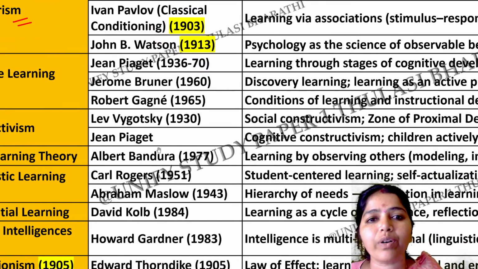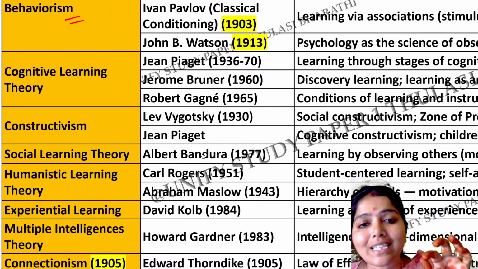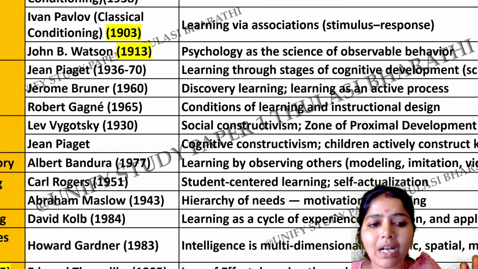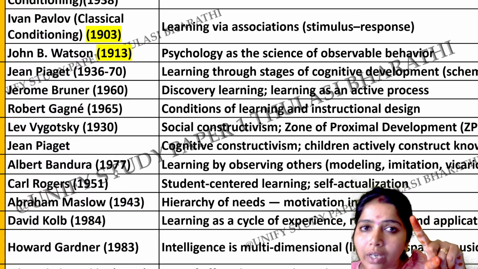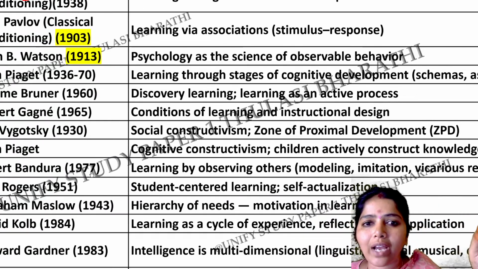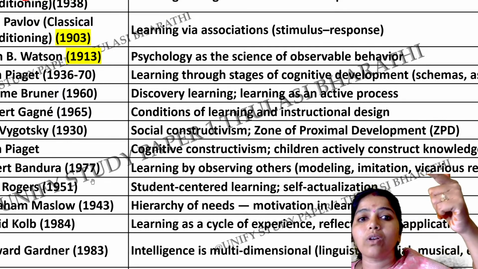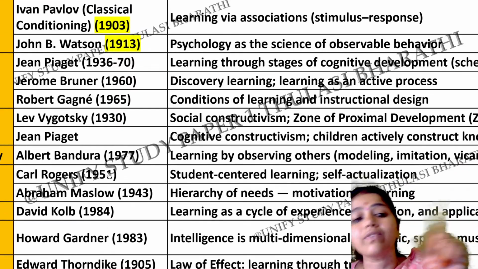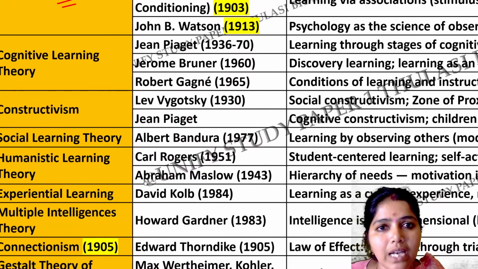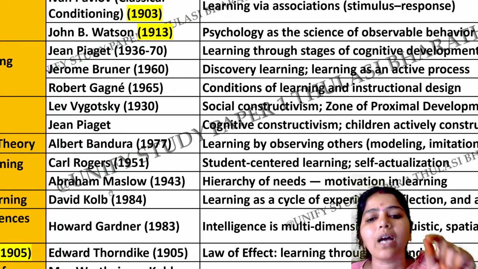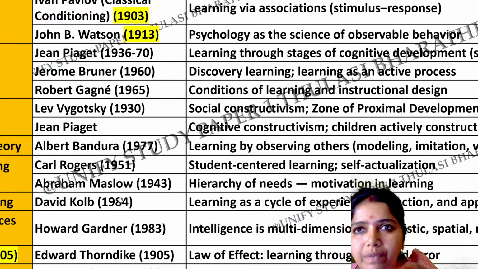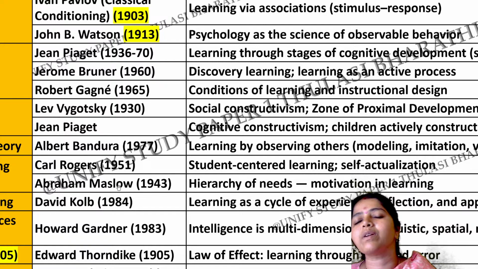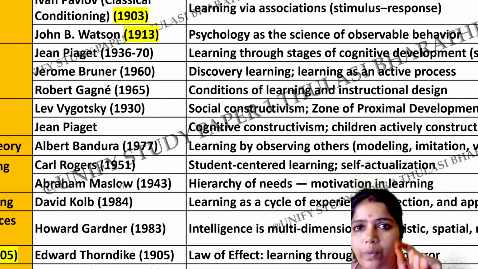And then, very important, Lev Vygotsky's theory on constructivism. He worked on the zone of proximal development and scaffolding. These things you have to remember. Again, Jean Piaget worked on cognitive constructivism: how a child constructs their knowledge based on the cognitive skills he or she has. It's called Jean Piaget's cognitive constructivism. Social learning theory we studied, right? Albert Bandura's learning by observation. Learning by observation, and then the child starts to imitate and starts to reflect, right? That's called Albert Bandura's theory on learning by observing other people.